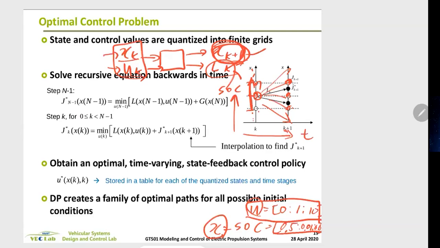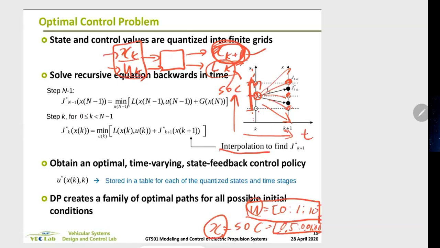Anything? To use interpolation. Yes. So as stated here, one way to do it is using interpolation,